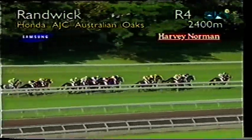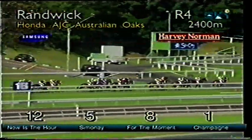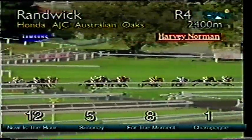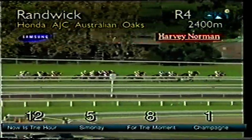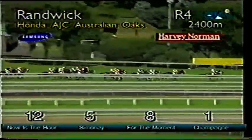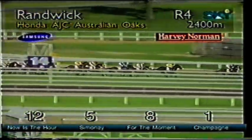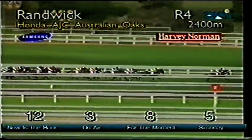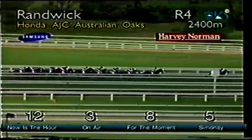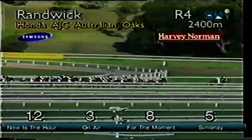A length further off as they work towards the 1700 metres is Massawa, 2 lengths to Cupid Star, a length to Bonanova, length and a half to Prodigy. Now Is the Hour is the leader, working into the back of the course and down past the 1500. Now Is the Hour keen to run, 3 lengths on air racing to second, a length and a half to Moonee, 1.5 to Only a Lady on the inside of Champagne, and a couple of lengths to Crimson inside Lahar. Star Alight can't get on the track, and then comes Massawa, followed by Limerick, Cupid Star,